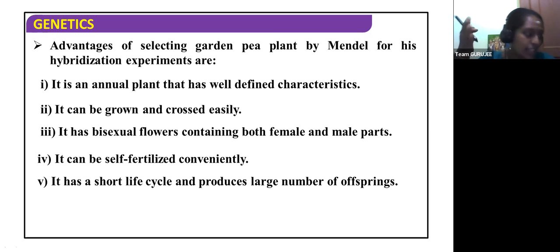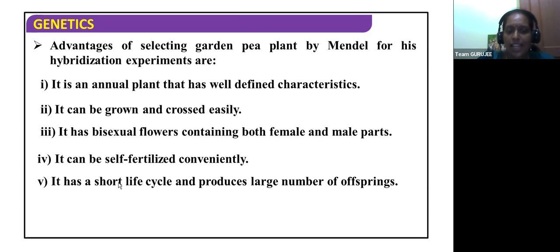To make sure there is a reserved seed set. We studied this in that pollination chapter, isn't it? Seed set, preserved, already reserved. The seed set should be there for sure. If it is self-pollinating or cross-pollinating, they want the baby to be formed, obviously. So for that reason, self-fertilization is a process by which seed sets will form for sure.